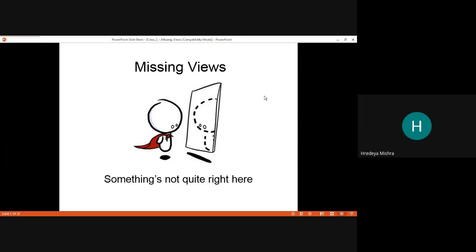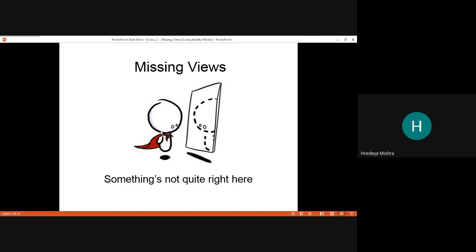Okay, so assume a boy is there. He makes an image of himself, and now he sees the diagram, and he thinks something is not quite right here.